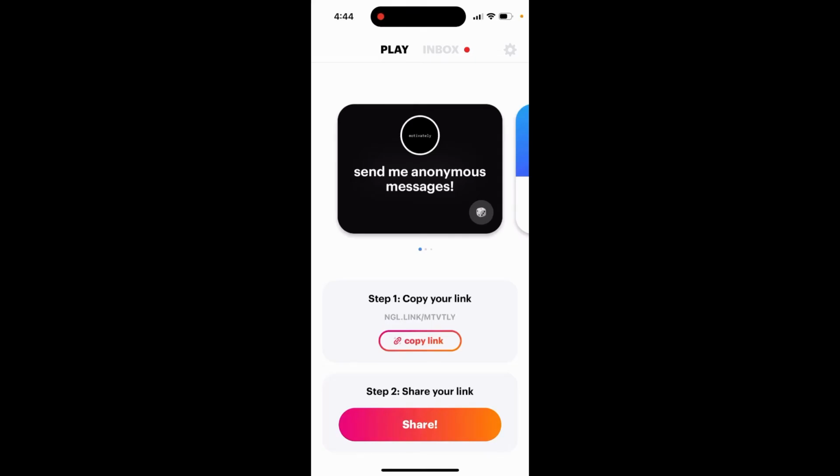Hey everyone! Today, I'll show you how to reopen your old NGL account easily and what happens if you've deleted it. To access your old NGL account, simply enter the same Instagram username you used before. This will give you access to your previous NGL link, such as nggo.link/your-username, where you can view all your inbox